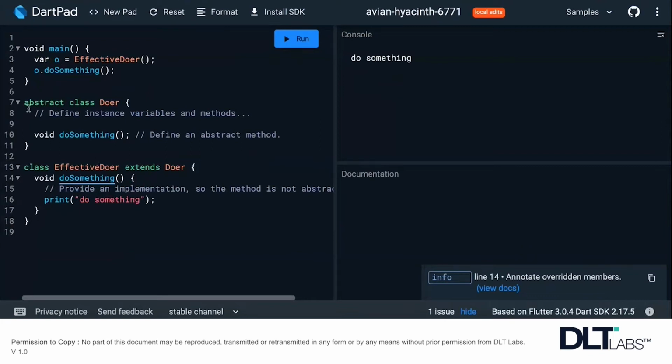So we have an abstract class. The keyword is abstract, and then you use class. This is the name of the abstract class. This is a function, and you have to notice there is no body in the function. So the implementing classes will have to provide a body. For example, here you can see